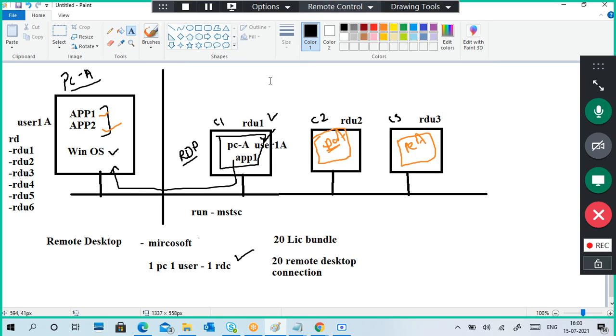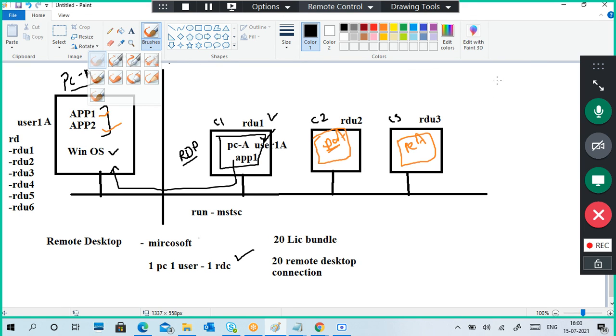Yes, to access the applications on that particular desktop. PCA contains applications, we want to run and use those applications, so we are using this remote desktop. Very good, that is the main point.